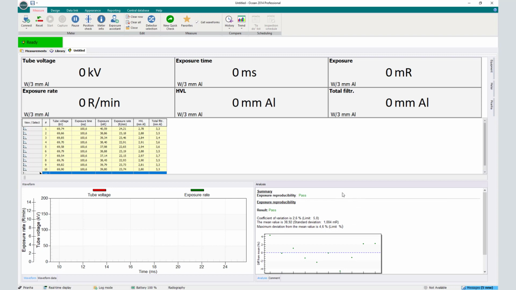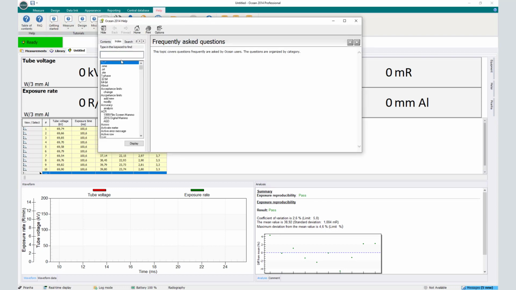This gives us an analysis based on the data that we've collected in this set, the ones we did before. And if we compare what we had from the manual testing, here in the Ocean we get 2.6%, and that's what we got from the manual mode as well. To make sure that we have the right data, we may want to investigate and see, is this really the case? So we can go and find